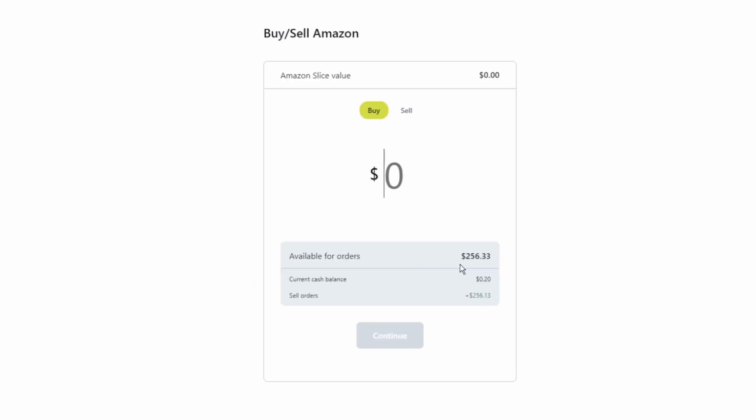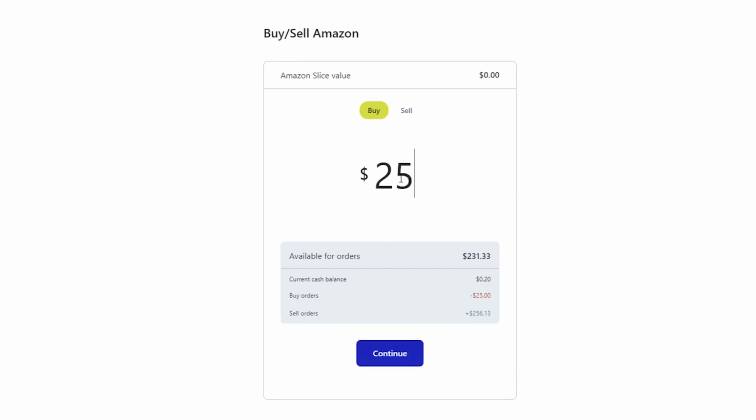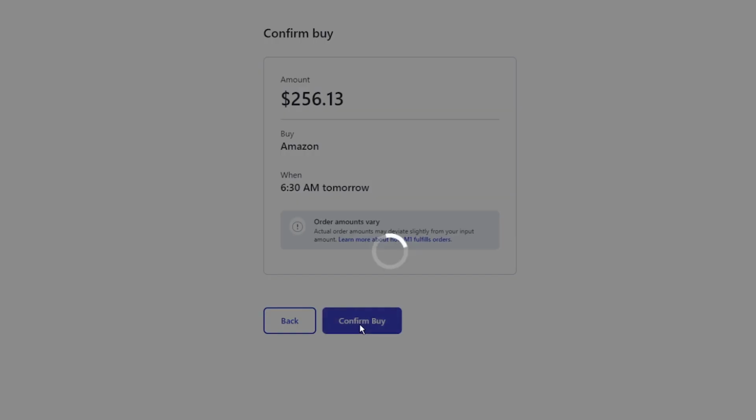And then what's going to happen is it's going to tell us how much is available to purchase through Amazon, or whatever amount we want. I just want to put what we had from the original Amazon stock right over here, which was the $256.13. The 20 cents was already in my portfolio, so I'm just going to ignore that for this example. And we're going to hit continue, and then we're going to confirm our buy. Once we click on done,